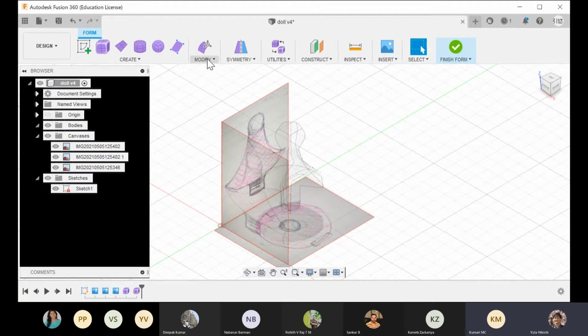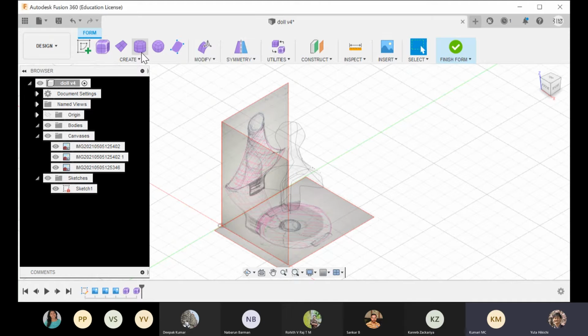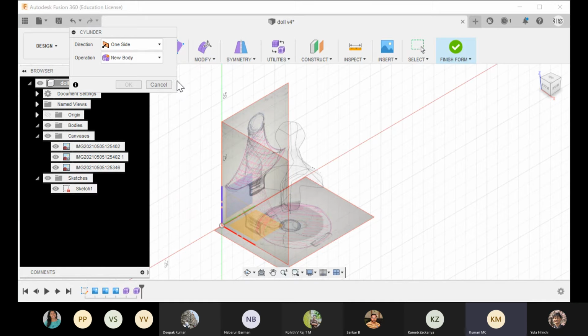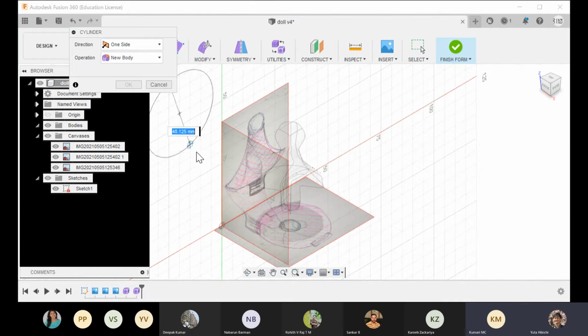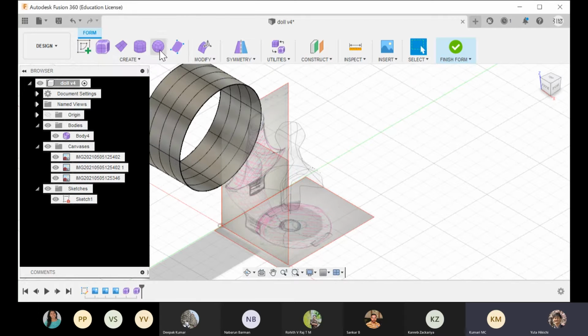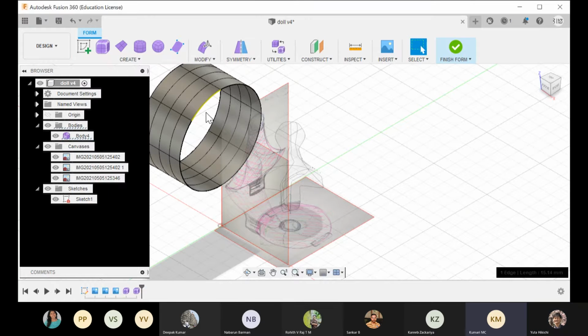I used the modify function to increase the radius of the cylinder by spreading one circle of the cylinder.